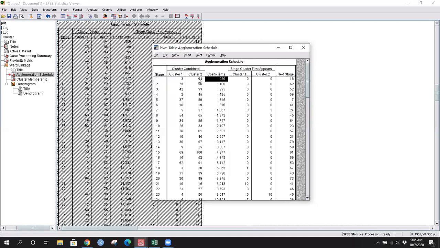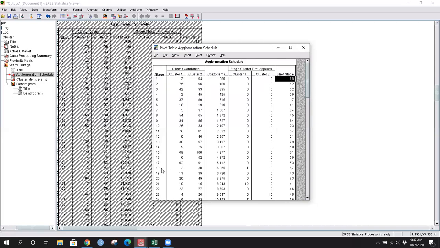In this case, both the clusters are in reality individual observations, obviously, ठीक है? And we know that because there is a 0 here. So 0 means that neither of these two people have become a part of any cluster before. ये सबसे पहले अभी जुड़े हैं, ठीक है ना? So that means they're coming here for the first time to become a part of the cluster. और ये एक दूसरे के बहुत करीब हैं. इनका distance measure आप देखोगे कितना छोटा है, ठीक है? And then 18 means that this particular cluster will be seen in the 18th stage now.